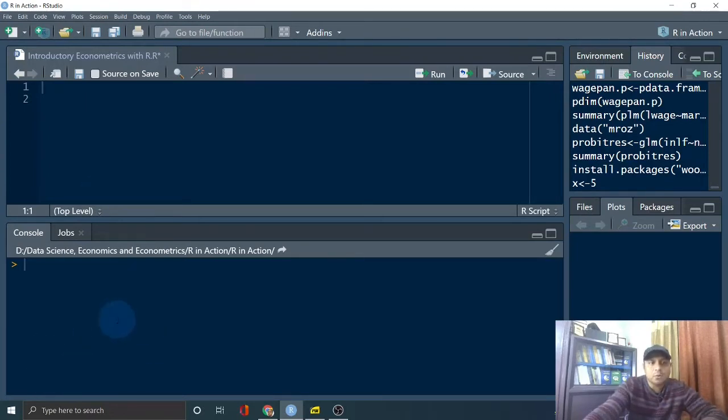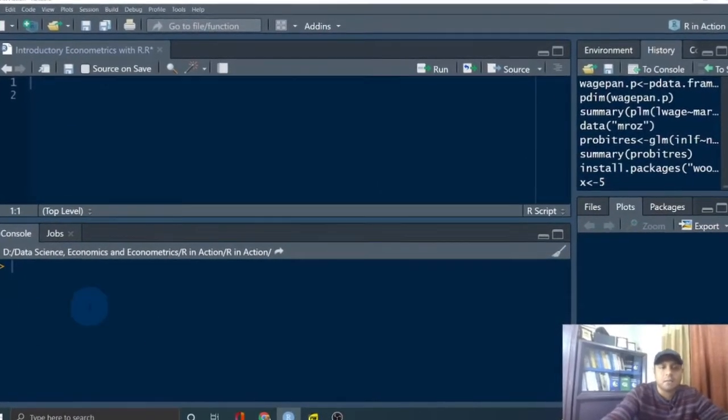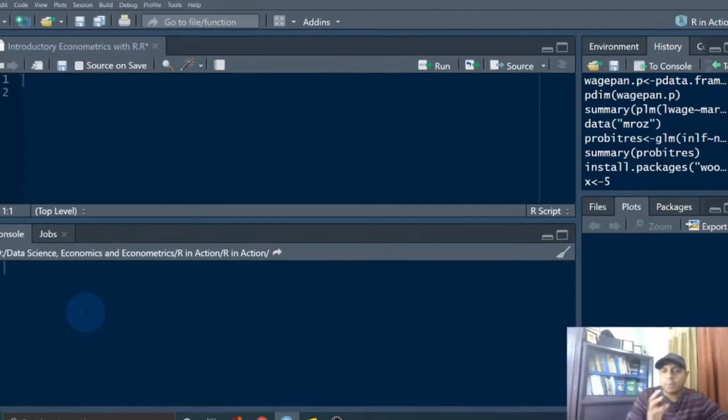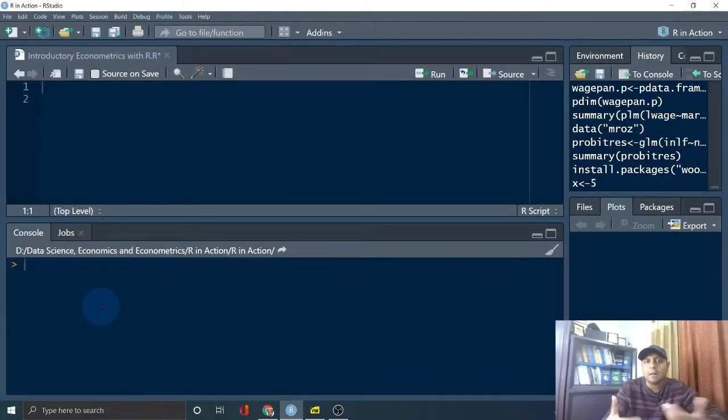And this is the console where your code will be executed. Whatever you are writing in the R script will be executed in this particular console. And if there is any plot, packages or files that you would like to deal with during R programming, of course this is the place where they will be shown.